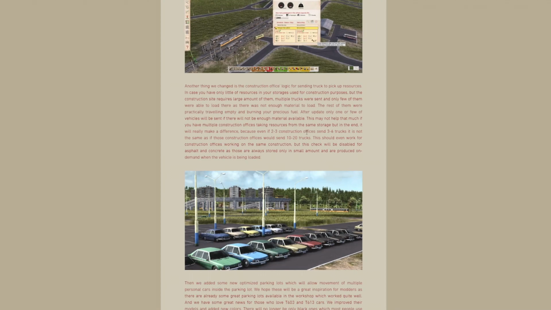After the update, only one or a few vehicles will be sent if there will not be enough materials available. This may not help that much if you have multiple construction offices taking resources from the same storage, but at the end of it, it will really make a difference between even 2 or 3 construction offices sending 3 or 6 trucks. It is not the same as if those construction offices would send 10 or 20 trucks. This should even work for construction offices working on the same construction, but this check will be disabled for asphalt